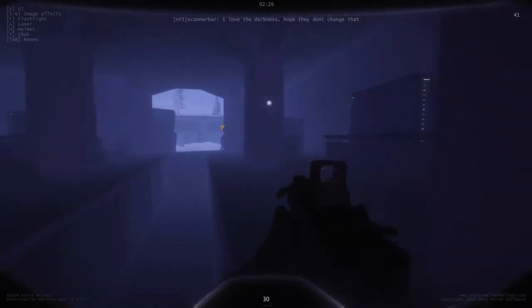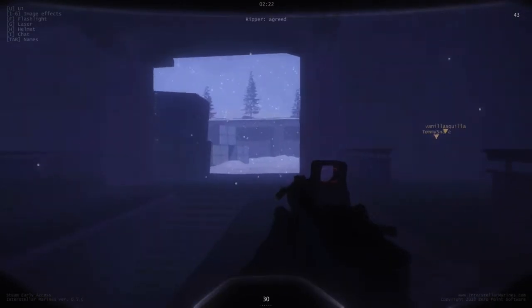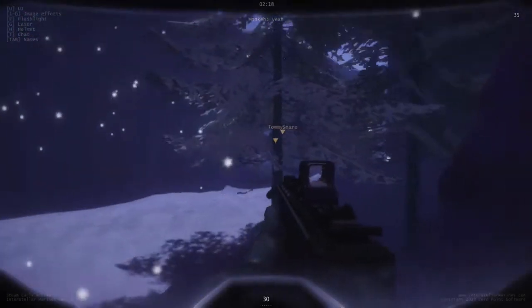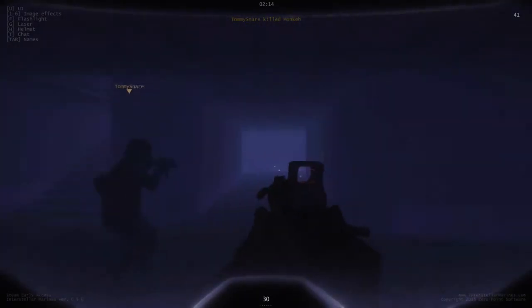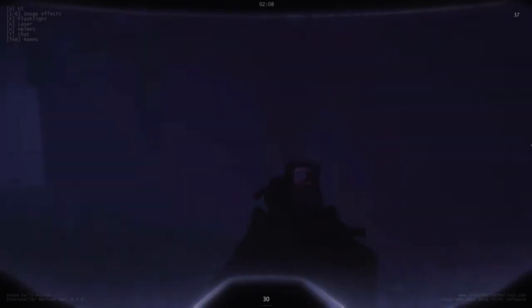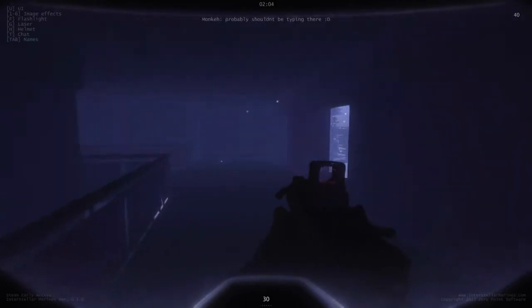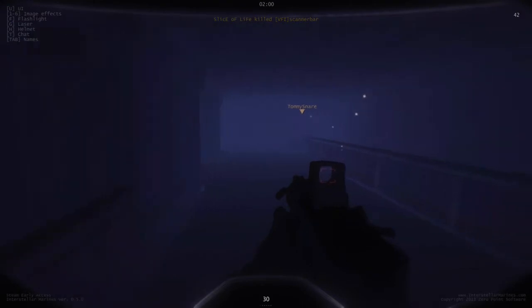I'd love to see some kind of scope. You see this guy here, I love the darkness, hope they don't change it. This is as dark as it gets on this map, but it's still cool, because it makes the visibility a little harder. But yeah, the game's very promising, and the developers are hard at work. I heard the sprint and crouch and stuff are coming up next, which is nice. I need to hop into their community or forums and give some feedback of my own. But the